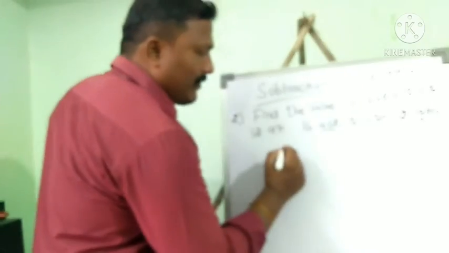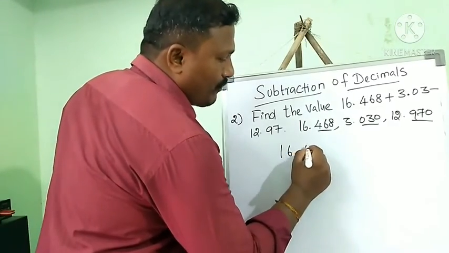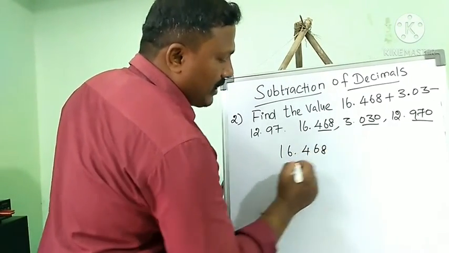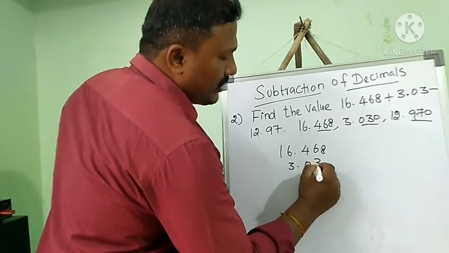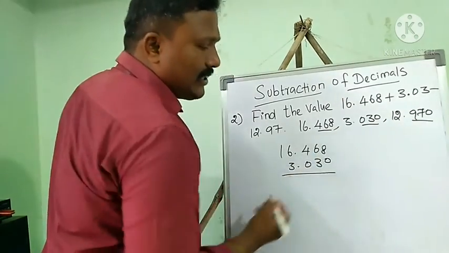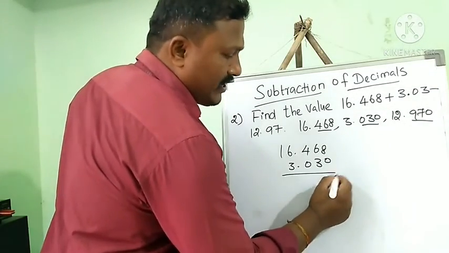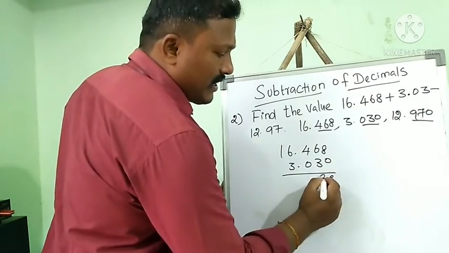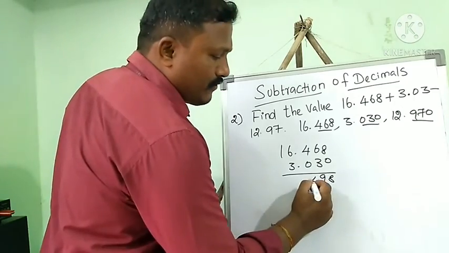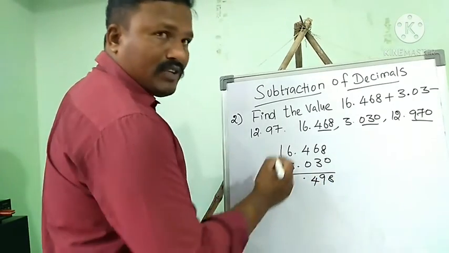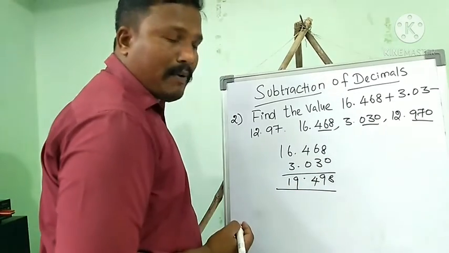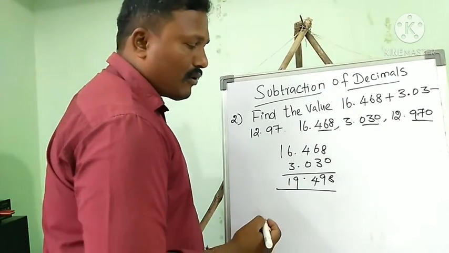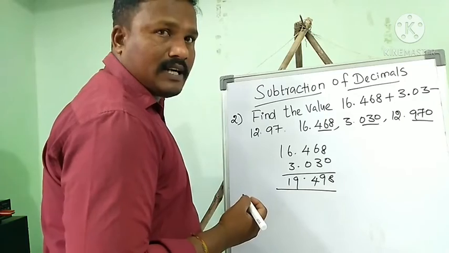So for that I will write first 16.468, then 3.030. If you add, 8 plus 0, 8, 6 plus 3, 9, 4 plus 0, 4. So 6 plus 3, 9, so 1. So 19.498 is the answer. Okay,